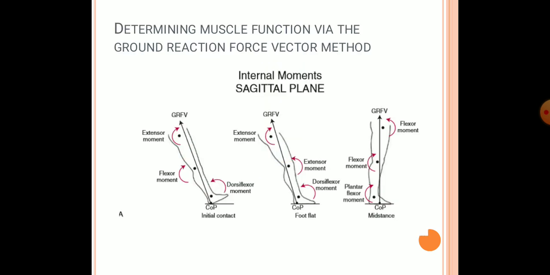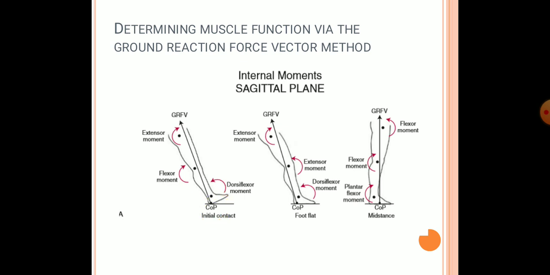So next, we are now going to look into what are the moments which are happening in gait, in the sagittal, frontal, and transverse planes. First we will look into the sagittal plane, and we have discussed the movements which are happening in the sagittal plane last class. So today we are going to look into what are the forces which are carrying out those movements. So when we look into the initial contact phase, in the initial contact, ankle joint,